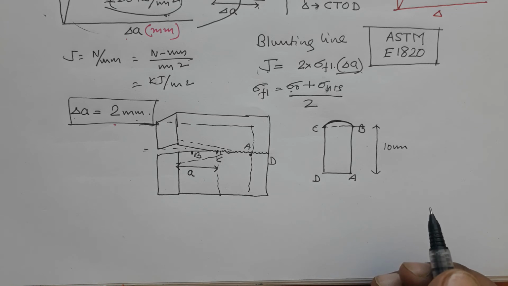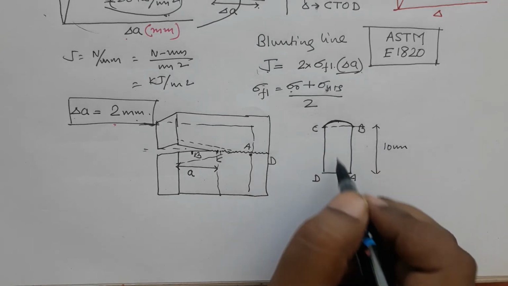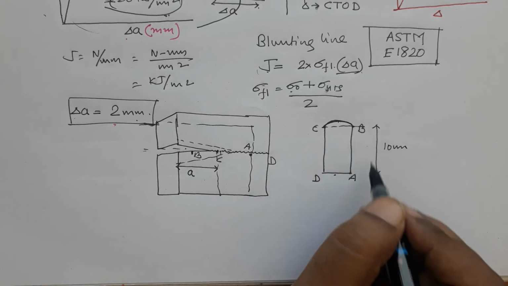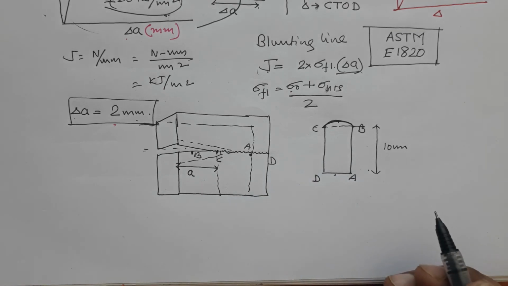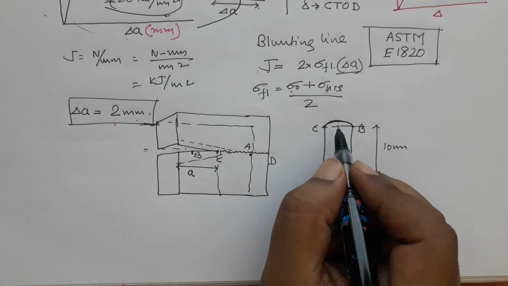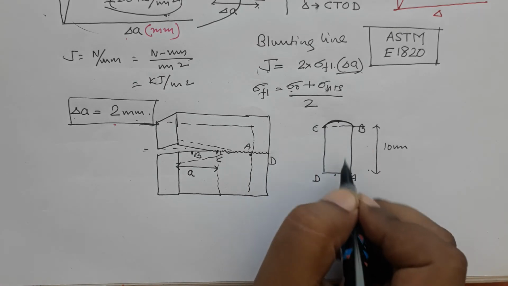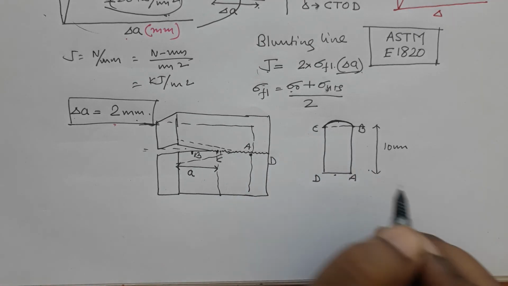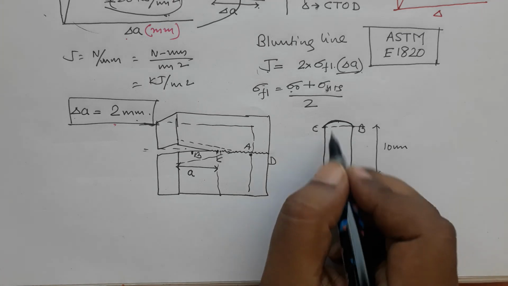Okay. So, then what should be the crack length? Should it be 12 mm? Should it be 10 mm? What should be the crack length? So, ASTM standard says that you have to divide it in 9 sections and take the average of those 9